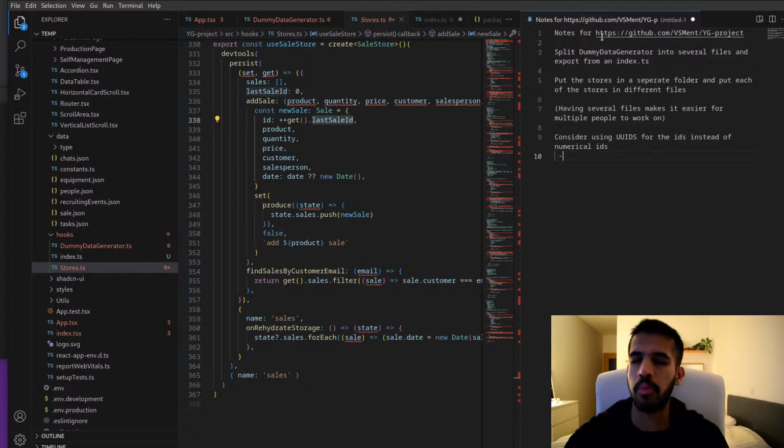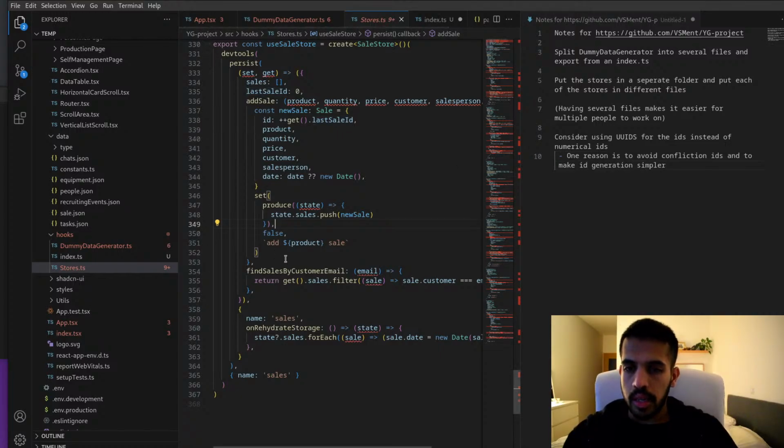You don't have to worry about it colliding or conflicting with any of the existing IDs. So because of that, UUIDs are kind of better. One reason is to avoid conflicting IDs and to make ID generation simpler, right?